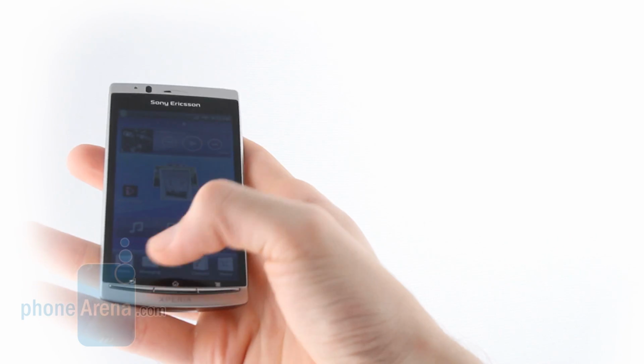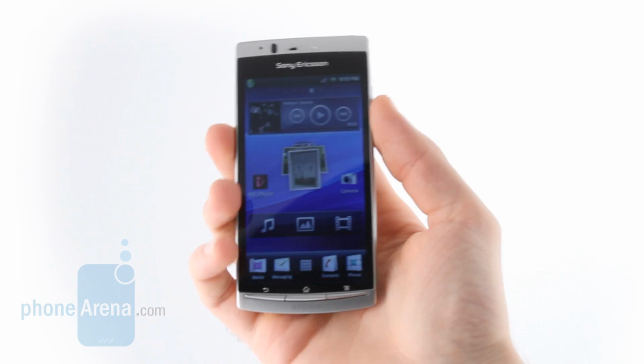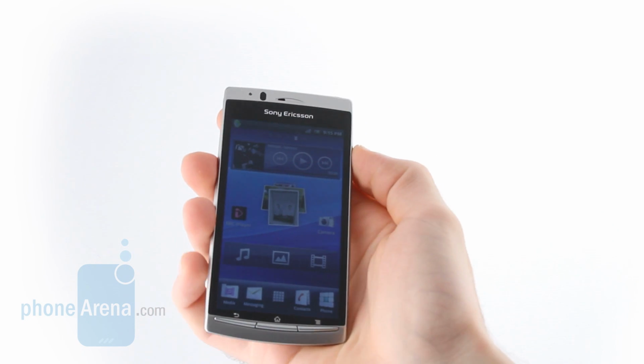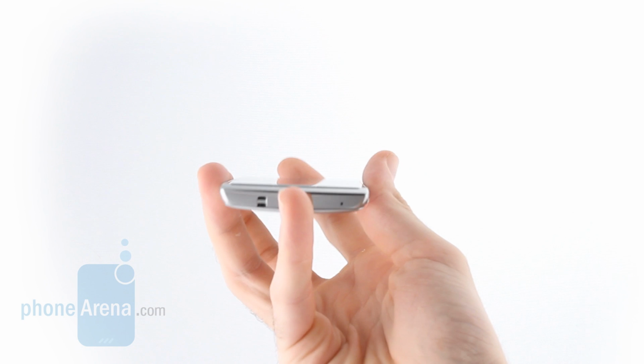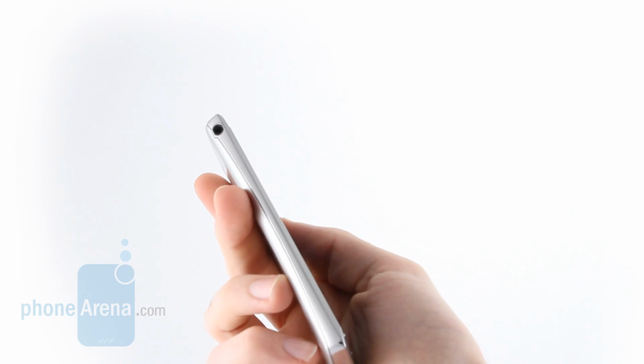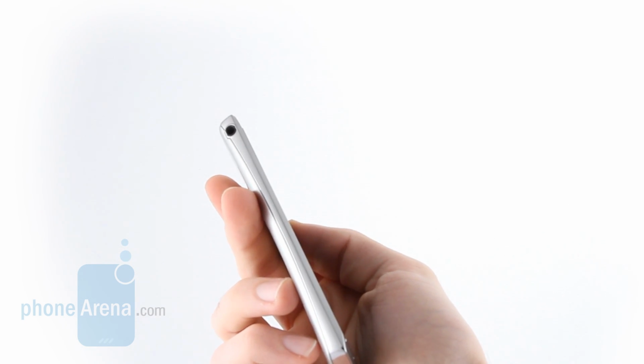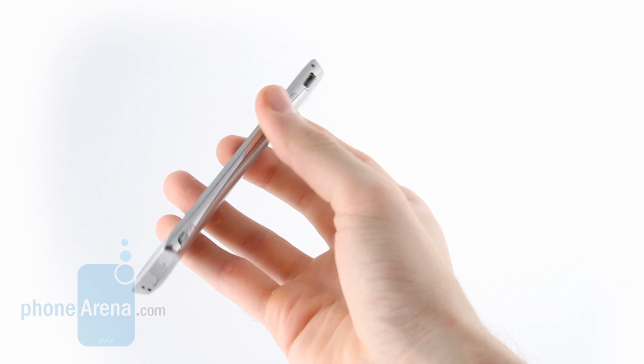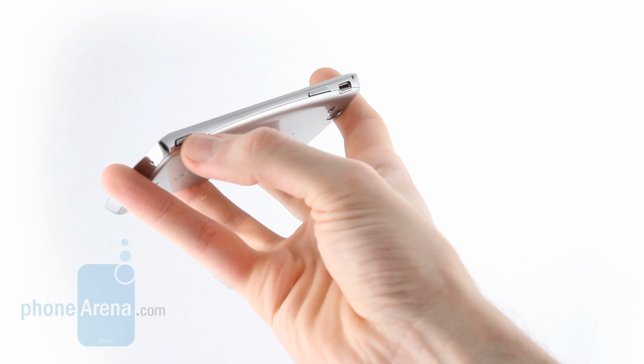Taking a look at the rest of the device, we've got 3 hardware buttons underneath the screen, while above the screen we've got a light sensor and an in-call speaker. Below the screen is a pinhole microphone. To the left of the screen is a 3.5mm headphone jack. To the right of the screen you can find the micro USB port, a volume rocker, and a very little